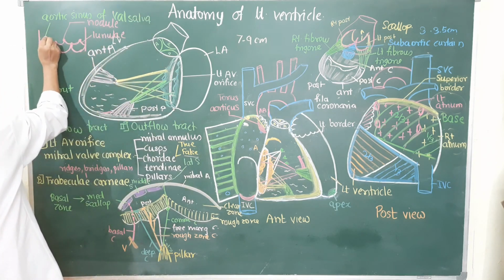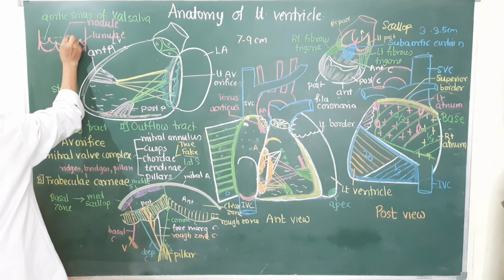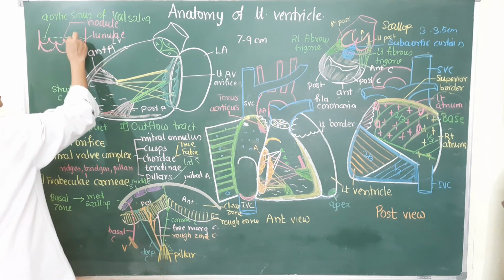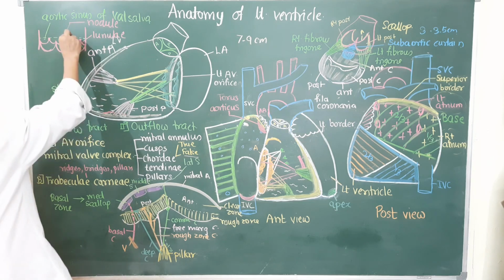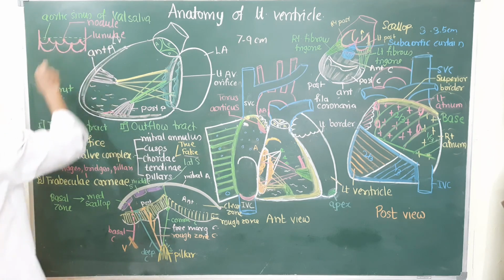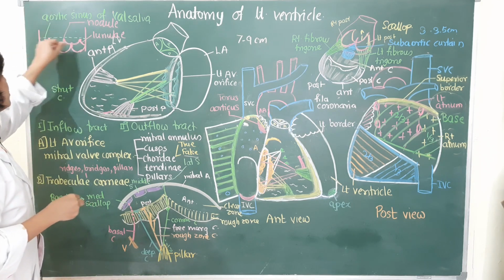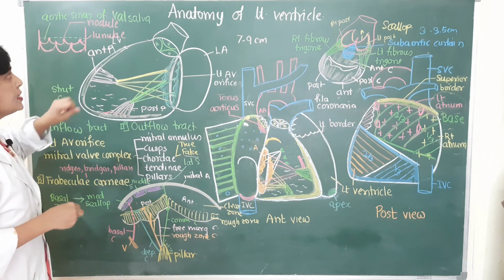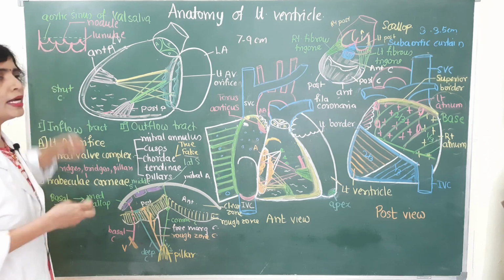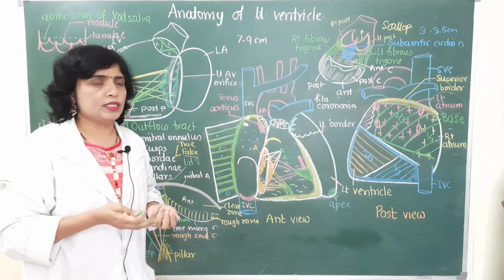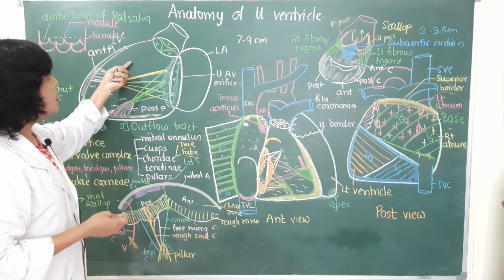Just above that there is a supravalvar ridge, which marks the junction between the sinus and the ascending aorta. So below the supravalvar ridge there is a sinus, and above that level is the ascending aorta. So there are three semilunar cusps. These cusps are formed by the reduplication of the endocardium containing the lamina fibrosa. So that is about the outflow tract.